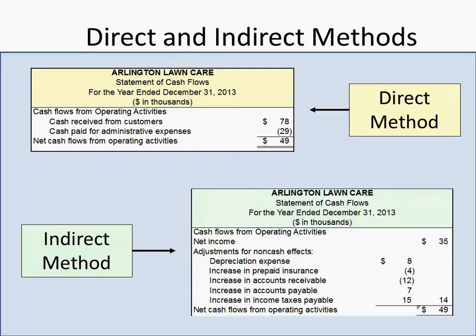Okay? So you have to look, there's a very different procedure for direct versus indirect, because on the direct method, you have to basically take an income statement and put it on the cash basis. And for the indirect method, you have to reconcile your net income to cash basis. You don't look at each individual line item and put it on the cash basis, you take your net income number and back out all the accruals to put it on the cash basis.